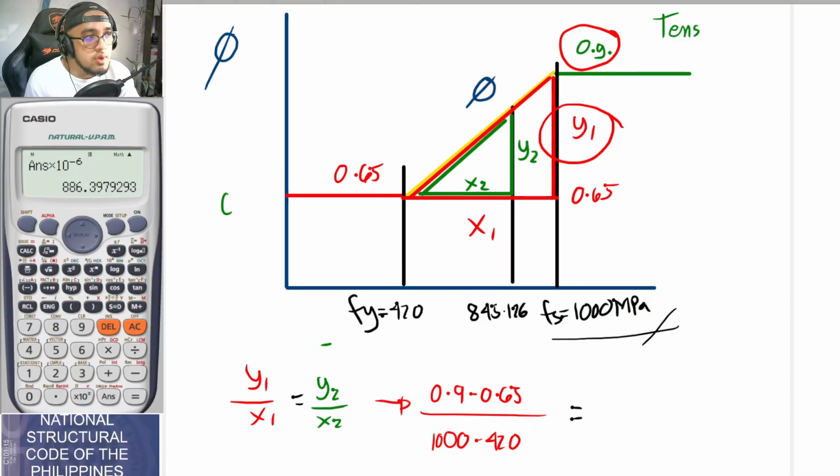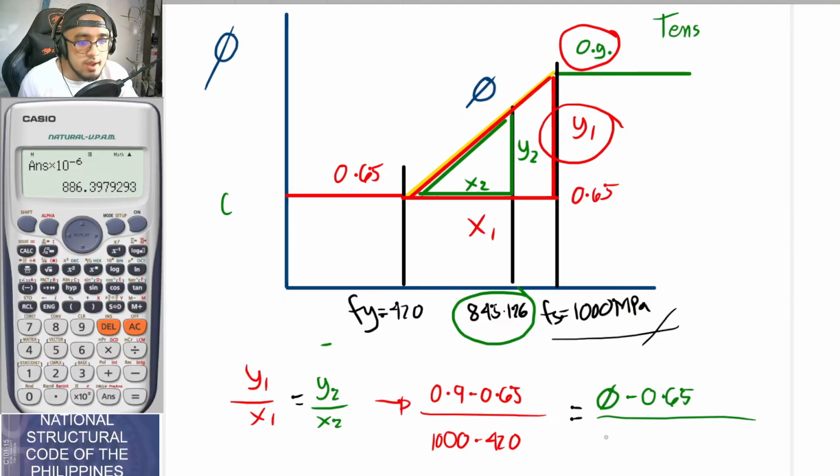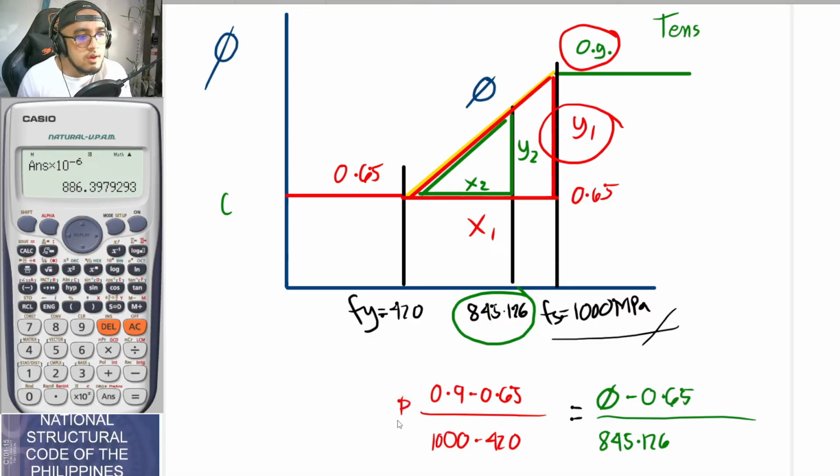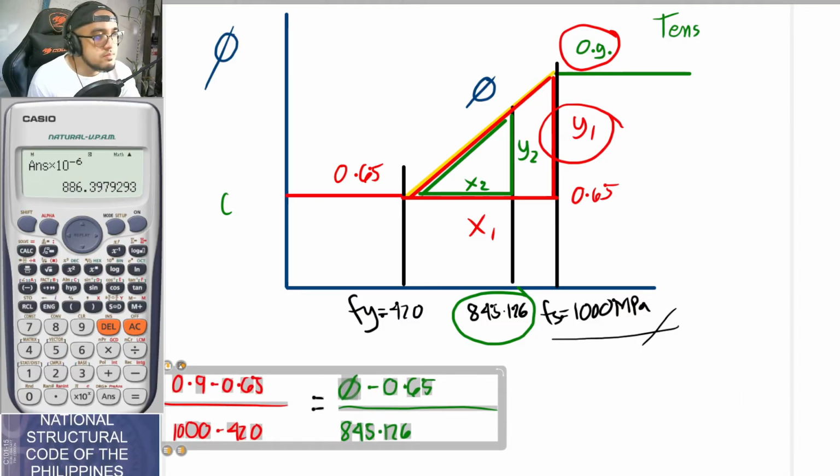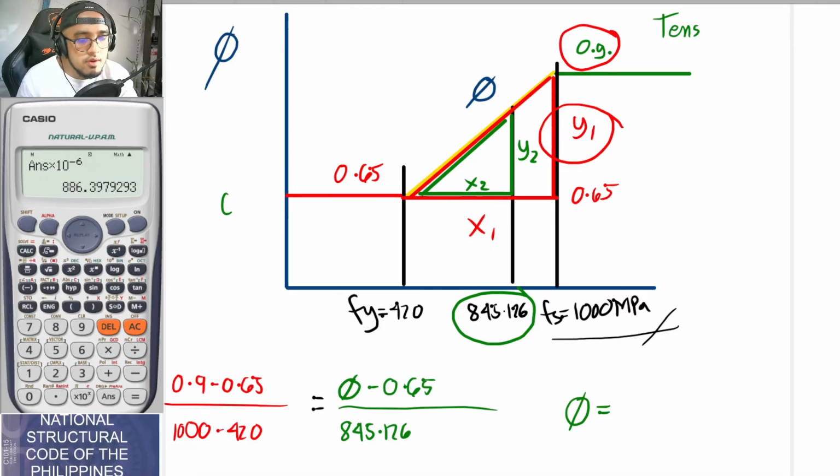So our Y2 here is to be equal to the value for your phi minus 0.65, so phi minus 0.65 divided by X1, and our X1 is to be equal to 845.126 minus 420. So if it's too fast, please replay the similar triangles. So 845.126. Okay, so solving for the value for our phi, we would be arriving at an answer of, so for a moment, so phi is equal to, so looking at the calculator to your left,